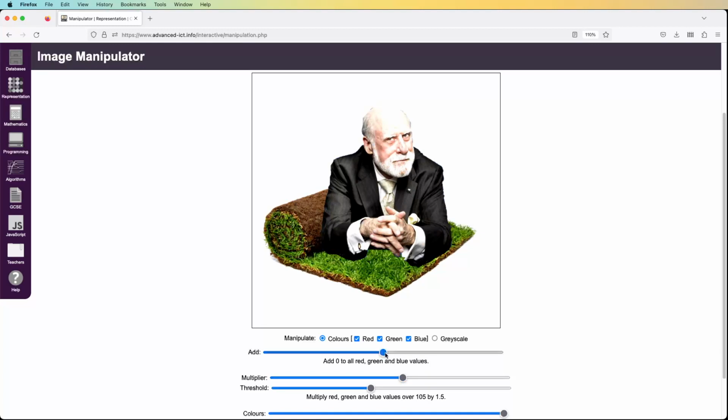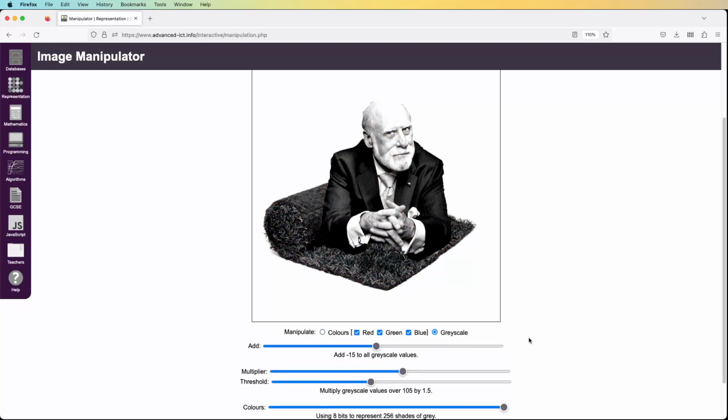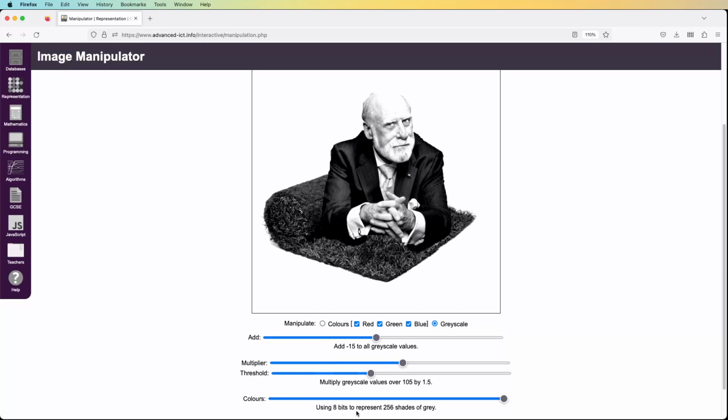And we can combine the two. So if you decide that increasing the contrast has made your image too bright, we can just darken it down a bit using the top slider. That also works on the grayscale as well. In fact, in some ways it works a bit better on the grayscale because contrasty colour images look a bit odd. And then finally, at the bottom, we can also adjust the number of bits used to represent each of